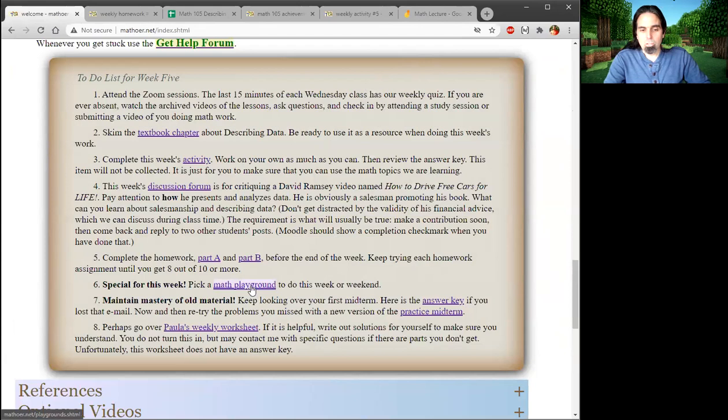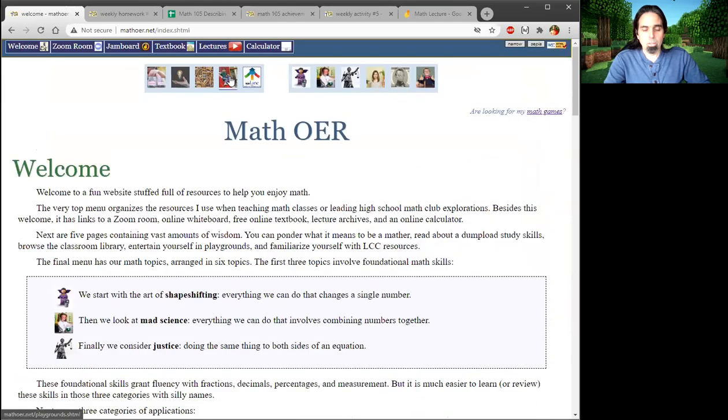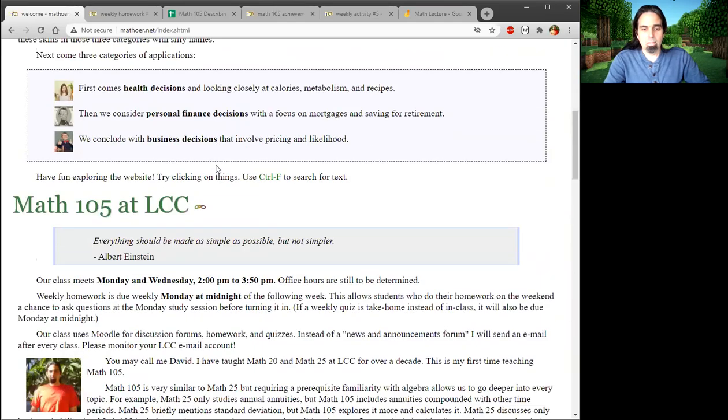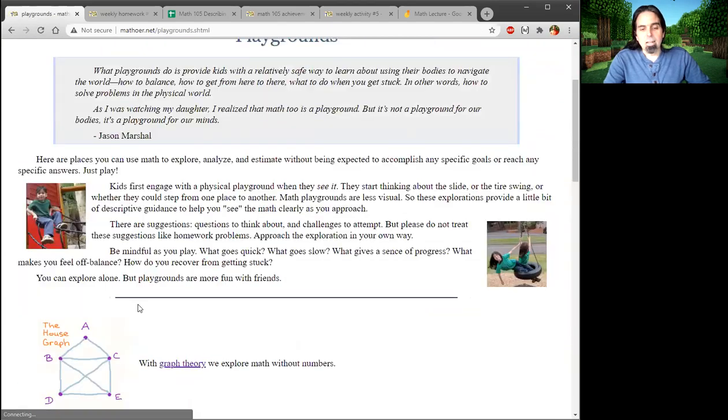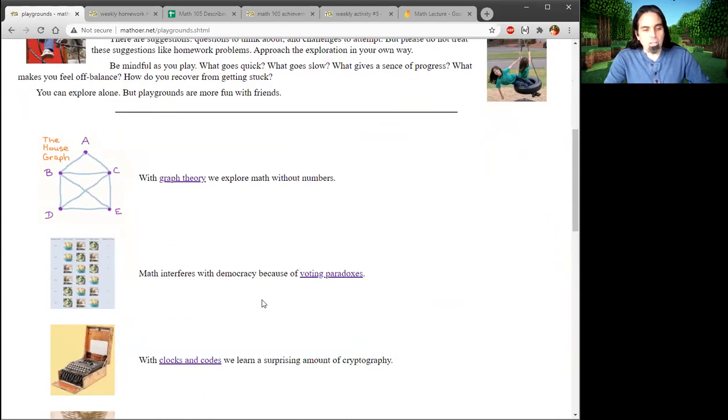Okay, so the new thing is to pick a math playground to do this week or weekend. So they're up at the top with the picture of the kid on the playground. They're also in the to-do thing. And let me just highlight a few of them that are popular. The graph theory one